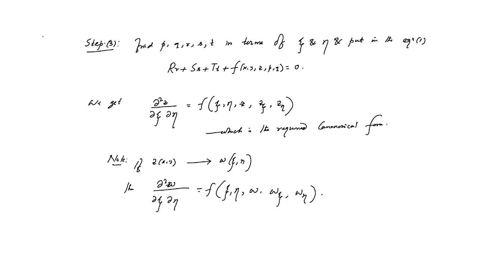So what we will do for step 3 is choosing independent variables x, y to xi, eta, and